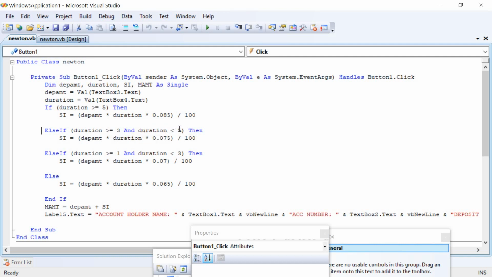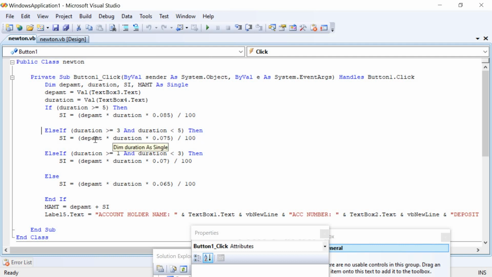If duration is lesser than 5, then what happens? Again here, simple interest is equal to, in the set of parentheses, deposit amount into duration into 7.5 percent, written in decimals as 0.075, divided by 100.